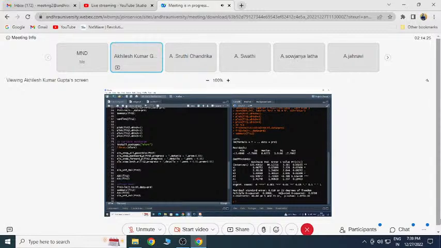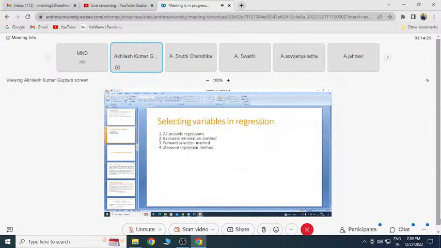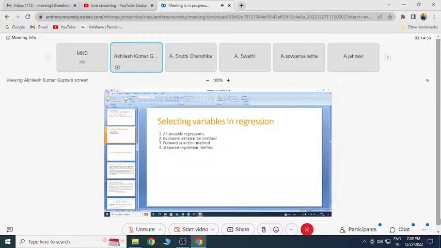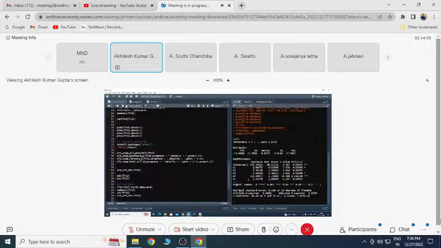Now, I told you about the problem of variable selection. You want to select the variables. All these variables are not significant, but it is not so simple to say that it is not significant, so we remove this variable. There are different types of algorithms that work behind the scenes; by seeing only this table, you cannot say that this is not significant, I remove this and I will fit with 4. As I told you, we have 4 methods: all possible regression, backward elimination, forward selection, and stepwise. These methods are used to see which variable is actually significant and which variable you should remove.